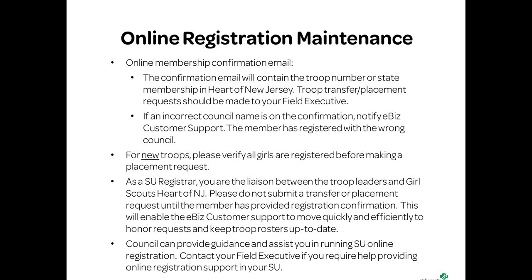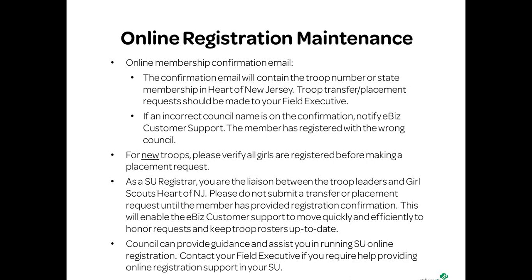And Michelle, if I could just jump in here for a second, just so you all know, when we train basic leadership training, we do take the new leaders, we tell them briefly about the registration process. We ask them to ask their troop parents to forward the email confirmations to the troop leader. Then the troop leader is asked to put together just a brief roster. Here are the girls in the troop, here are the adults in the troop, should all be registered, and this is troop 1, 2, 3, 4, 5. They should send that list to you as the registrar. So that will give you the names to look at to make sure that they're registered before you make that placement request to council. So new leaders are asked to do that, just so you know. Okay, thank you, Michelle.